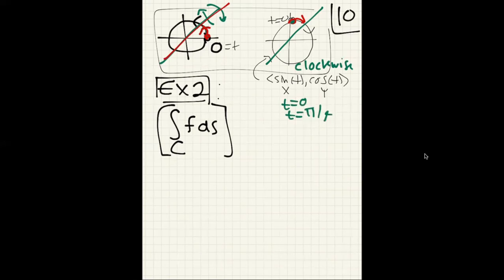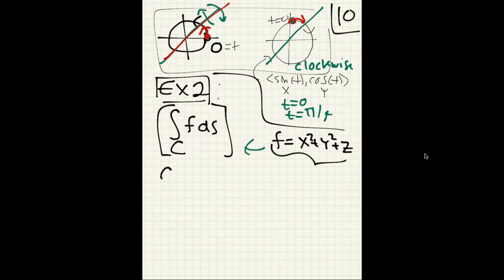Okay, so let us do this. I haven't told you what f is. So f is going to be, and this is all in 3D, x squared plus y squared plus just a z. And c, I'll actually give you the parameterization. So c is a helix, parameterized as